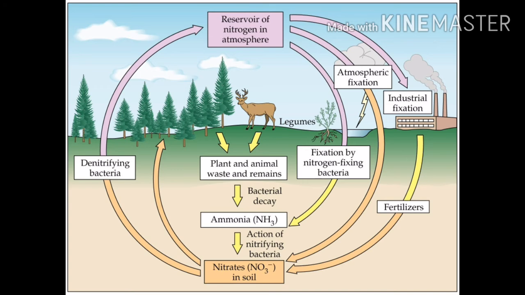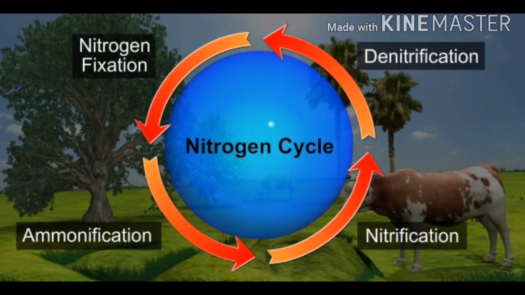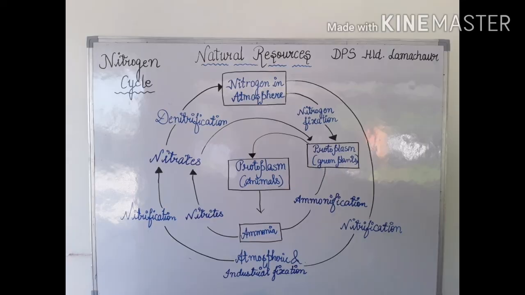Now the last step of the nitrogen cycle is denitrification. Denitrification involves reduction of nitrates into gaseous nitrogen. देखिए denitrification में जो nitrates हैं, अब ये nitrates वापस से gaseous nitrogen में convert होते हैं. ओके, और ये जो nitrogen gas है which escapes from soil into the atmosphere. In denitrification also there are some bacteria which help in this process. They reduce nitrates back into nitrogen and to ammonia and to some other oxides, and these bacteria are Pseudomonas bacteria.